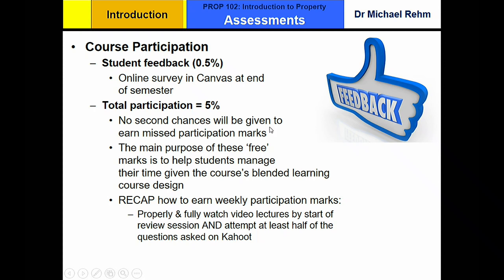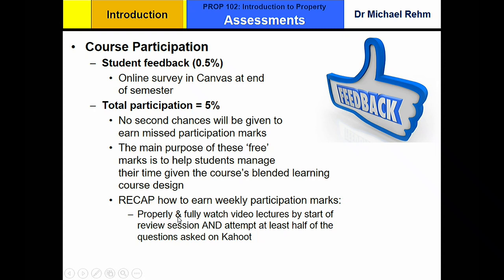All right, so again, I've already mentioned this, student feedback at the end, total 5%, all right? I will be fairly generous at the very beginning of the course, but then I will start cracking down when it comes to participation marks, all right? They're 0.5% a week. I mean, come on. We're not going to get in a big debate between you and me on that 0.5%. If you screwed up or something, the software's passed judgment, you didn't do it, let's just leave it at that, okay?